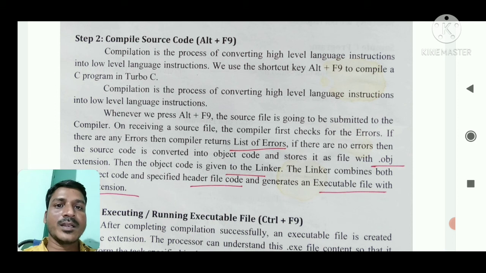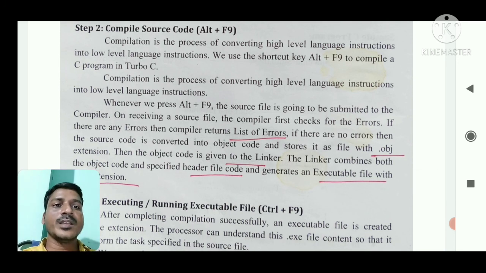If there are any errors, then the compiler returns the list of errors, one error or two errors or three errors or any other errors in our source file. Then we rectify those errors and the compilation process should start again.